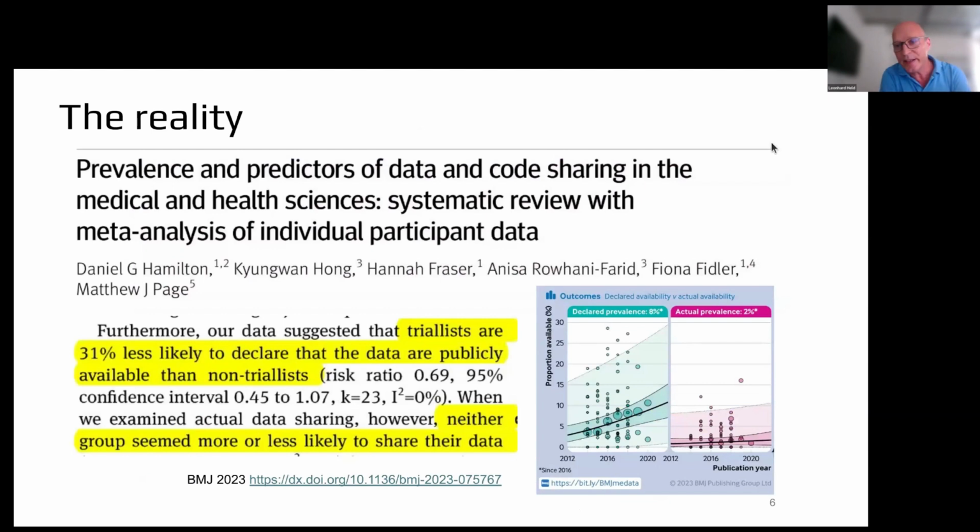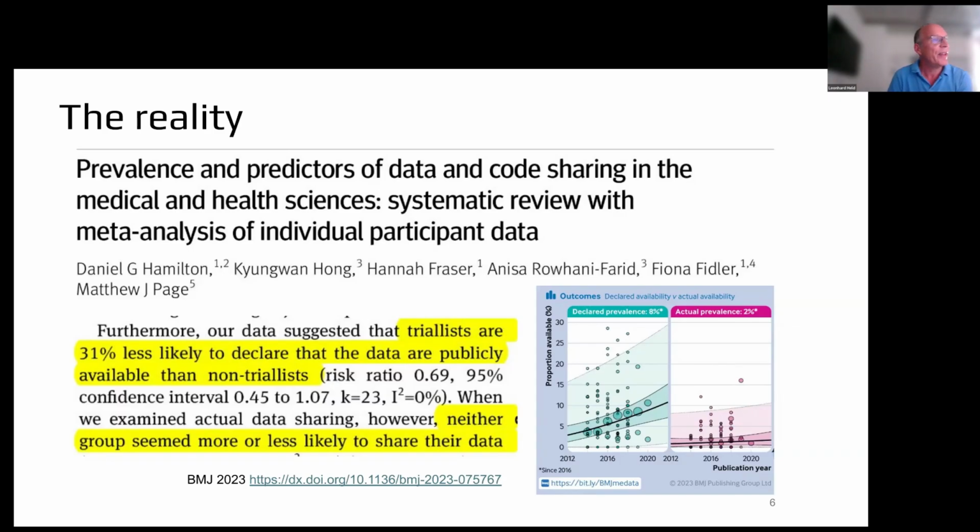What's the reality in data sharing? There's quite an interesting, large systematic review which has been published a few years ago, 2023, in the BMJ, which is more general about the whole field of medical and health sciences. It's a review of papers that already have a meta perspective and look at the percentage of data shared in medical publications. They found more than 100 such papers and synthesized the evidence from those more than 100 studies in this meta-analysis, if you wish.